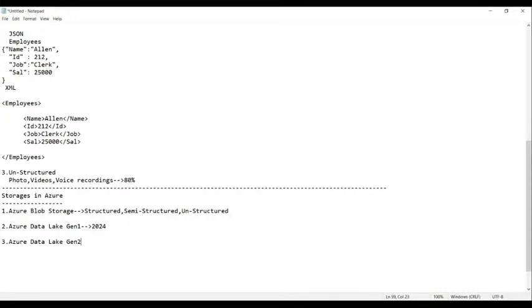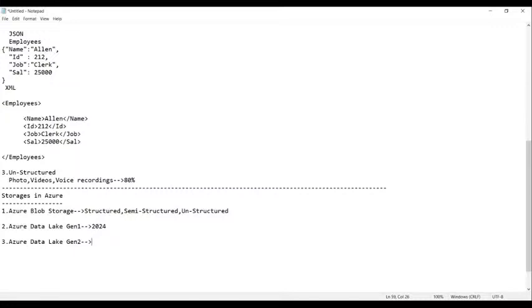Basically, the Azure Data Lake Gen 2 also stores data. What kind of data does it store? It can store any kind of data. But most of the time, it is the data used for visualization, that means for the purpose of analysis.